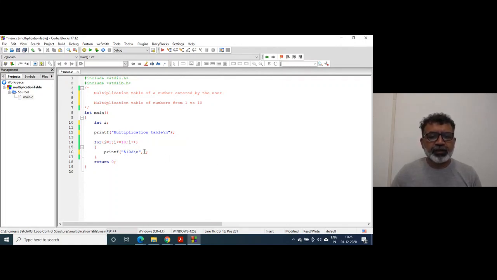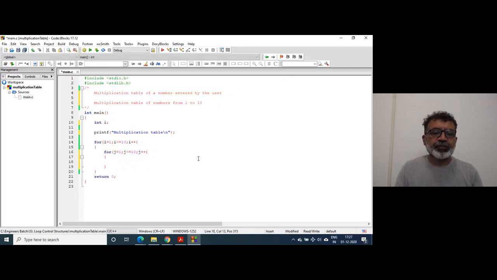And what can I write here now? Percent, suppose %5d. Will it work? No. We have to go here for the double nesting of loops. For j equals 1, j less than or equal to 10, j plus plus.